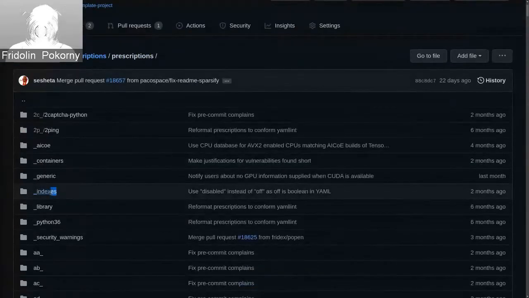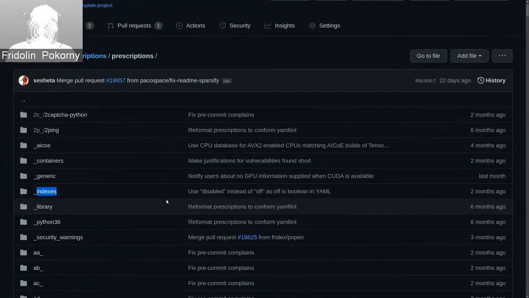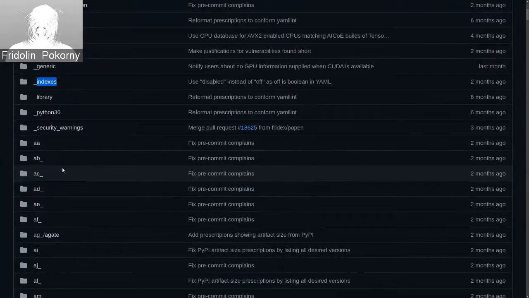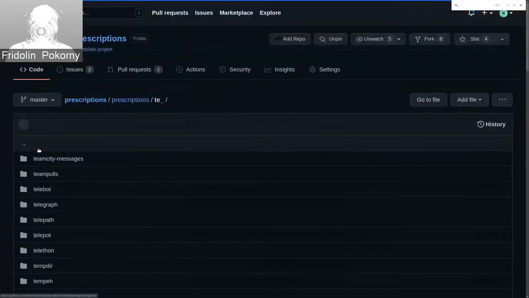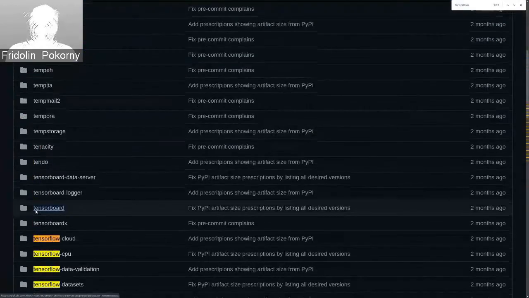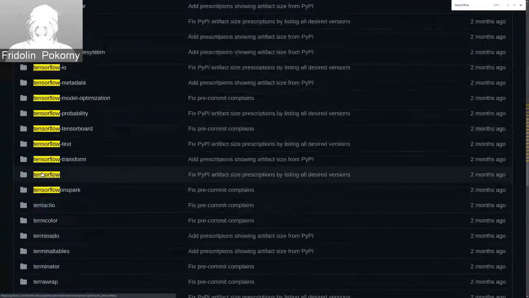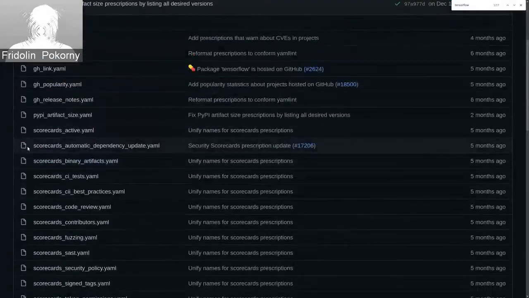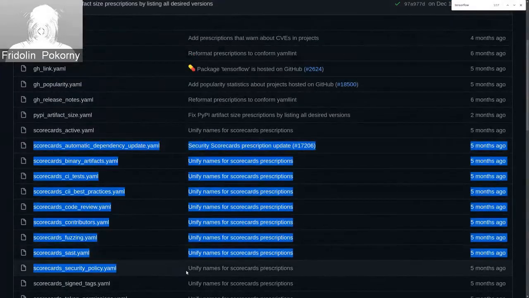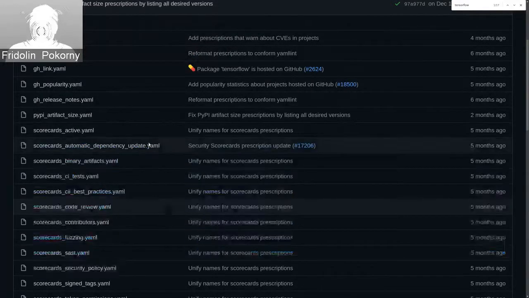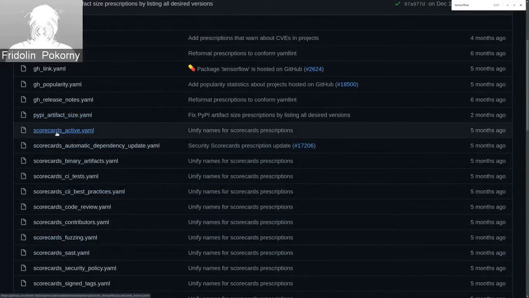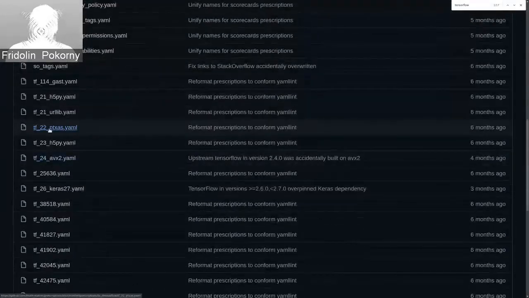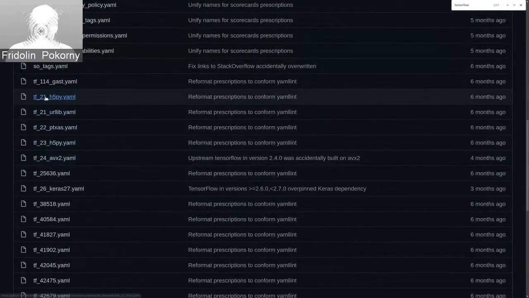Okay, so these were prescriptions on the container image level. You can have prescriptions specific to Python package indices, or you can have prescriptions specific to packages. So let's consider, for example, the TensorFlow package and prescriptions that are available for it. You can see information aggregated from open source security scorecards,